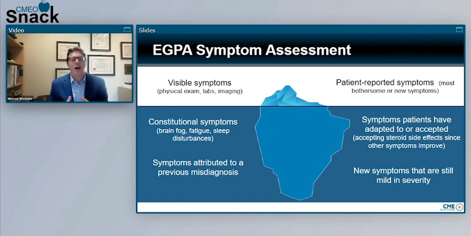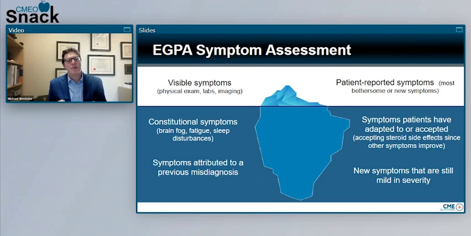We've seen that with the rise of long COVID. We've seen that with chronic fatigue syndrome. And a lot of times those symptoms get dismissed. So it's important to try to evaluate what those symptoms are in the context of other ways that the patient can present. And sometimes these things can get attributed to a different disease, or patients can be misdiagnosed.